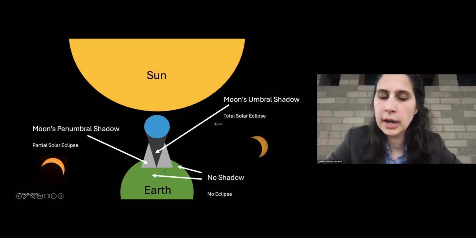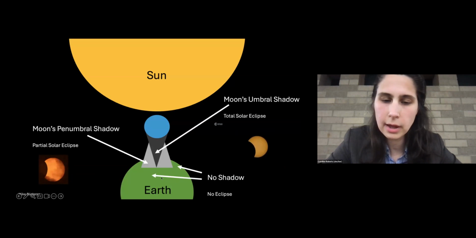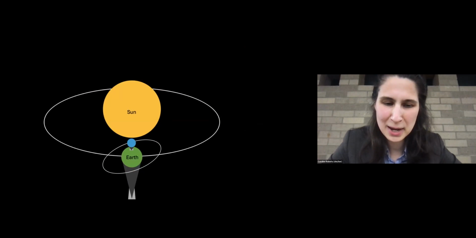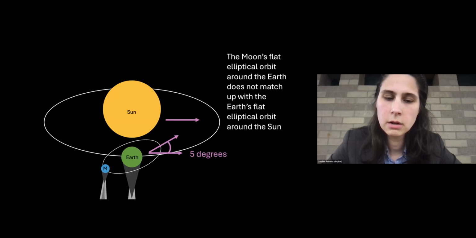Then, of course, there are plenty of places on Earth on April 8th that will not see any eclipse, total or partial, if the moon's shadow does not fall on their location. Okay, but going back to the pancakes, we can think about a time like this. It is possible for the shadow of the moon to fall on the Earth. But if we wait